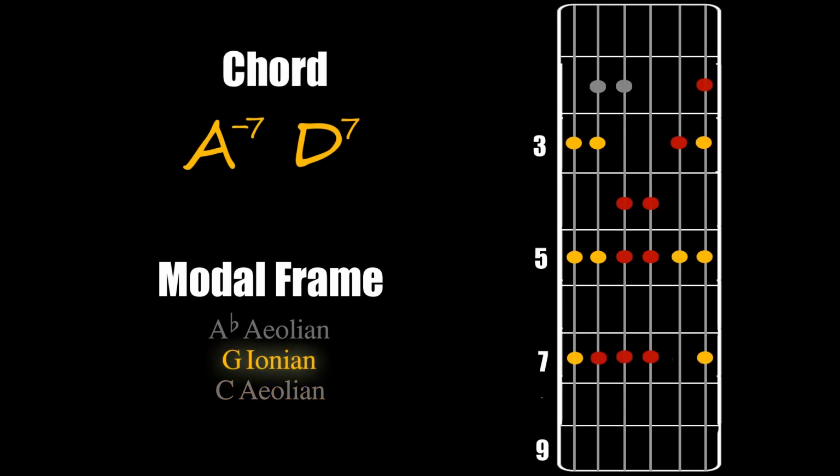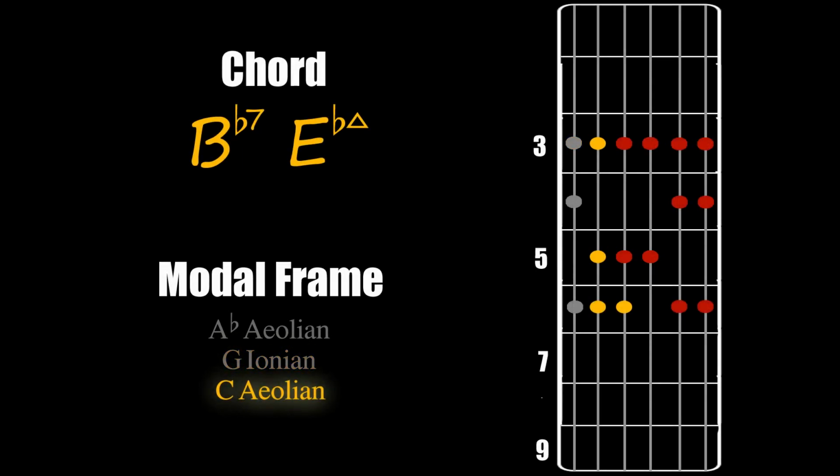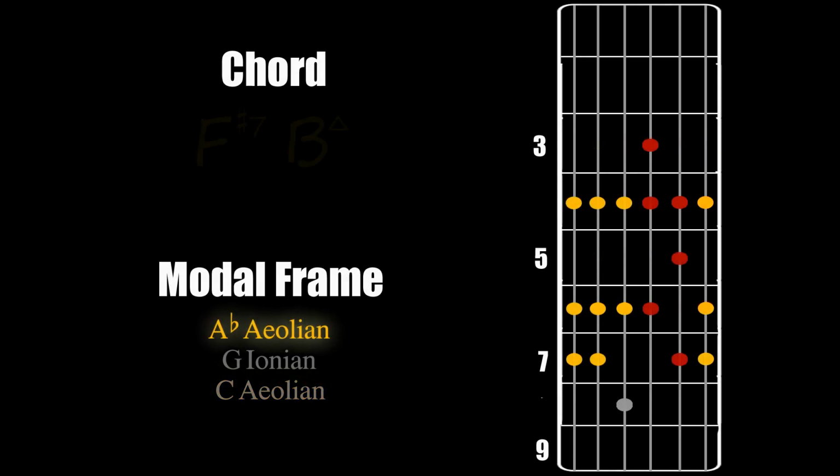For A minor to D7, we simply go back to G Ionian. It's a 2-5-1 in G, and that satisfies those chords. And yet, we've been through a few chords and we haven't even really moved our hand position much at all. For the second section of the form, starting with G major 7th, B flat 7, E flat major, we'll use G Ionian once again, and then quickly settle on C Aeolian again, which satisfies B flat 7 to E flat major 7. For F sharp 7 to B major,